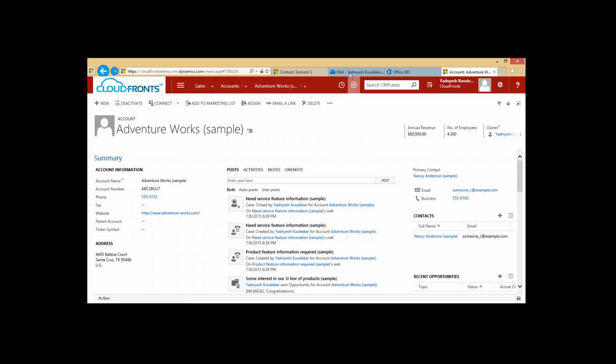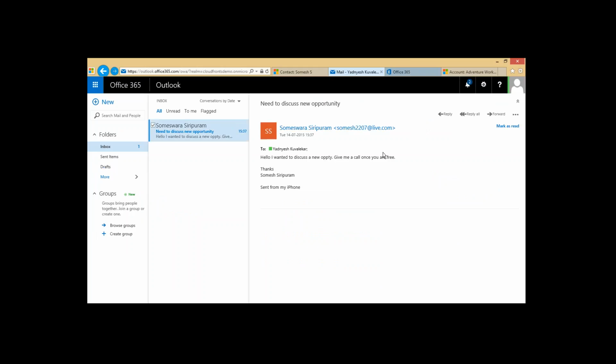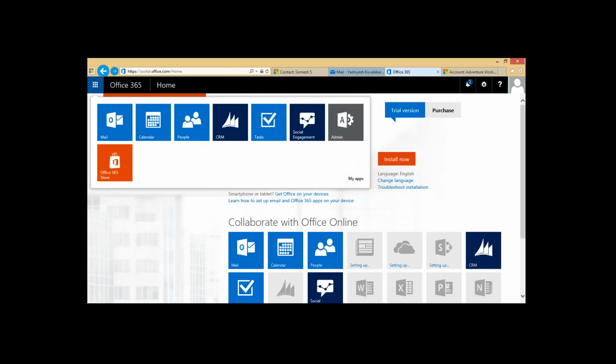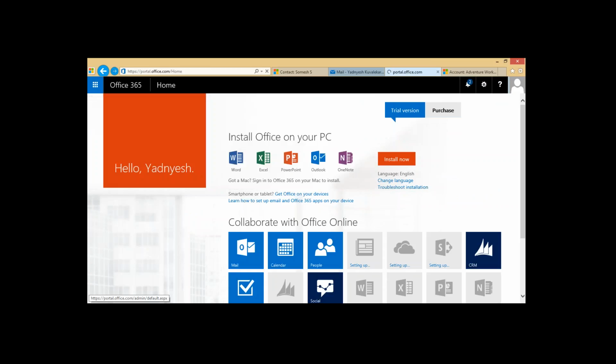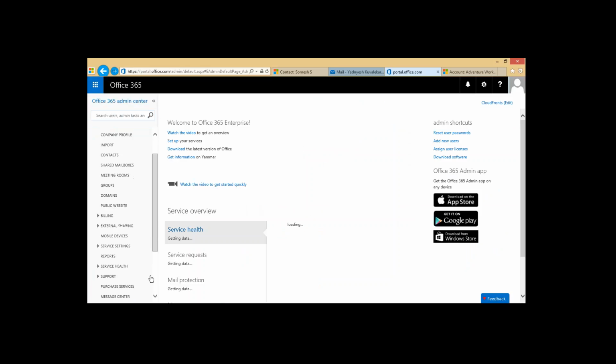So if I go to my Office 365 email, I can see some emails. Before we select one and see what Dynamics CRM does, we'll see how this has to be enabled. For example, the admin has to first enable it from the admin portal. From the admin center, the admin has to go to the Exchange navigation, and from here